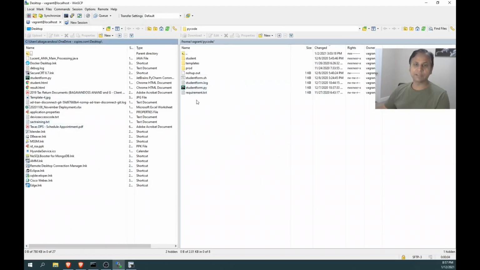Then we can transfer files back and forth between your host machine and the server. These are very simple tricks, because every time we need not key in the password. In FileZilla also we can do likewise. Some people might be comfortable FTPing by command line, but these utilities and tools will make our life easier. At most it is going to save a minute or a few seconds, but per day, if you do it multiple times, and per month, based on how many times you do it, it will give you the convenience.